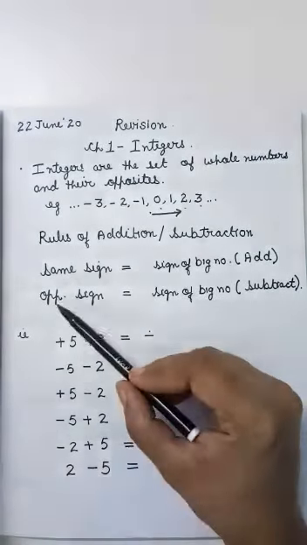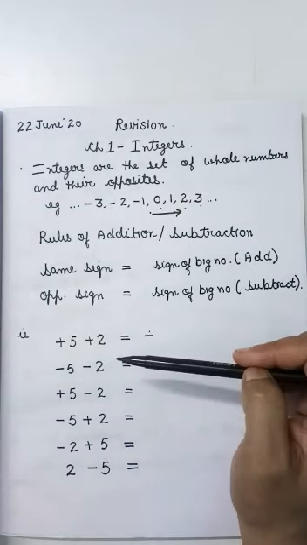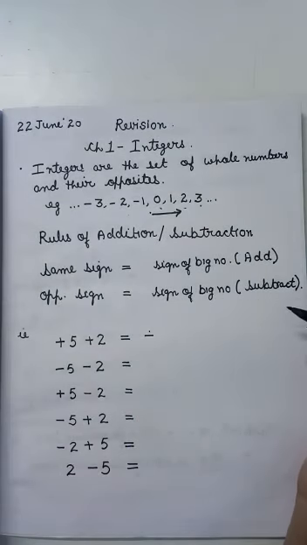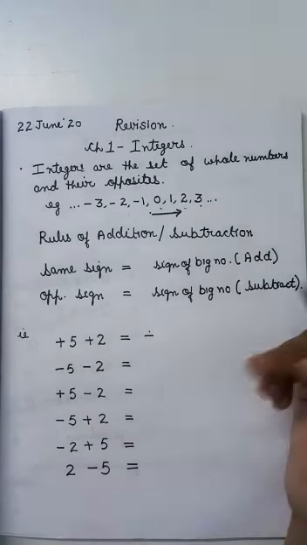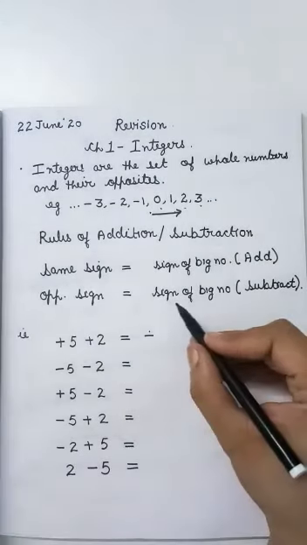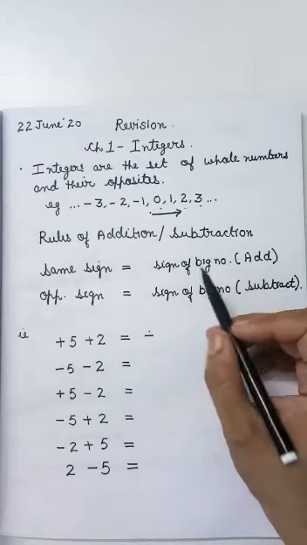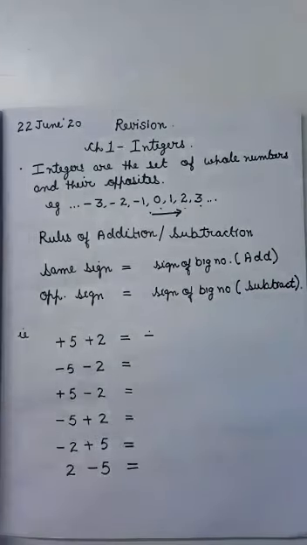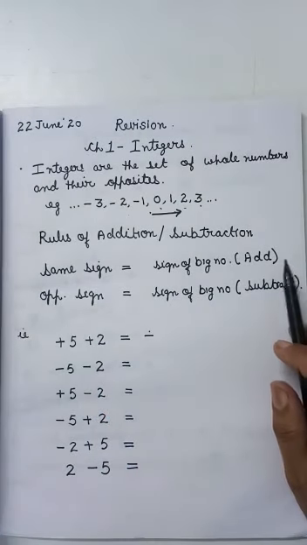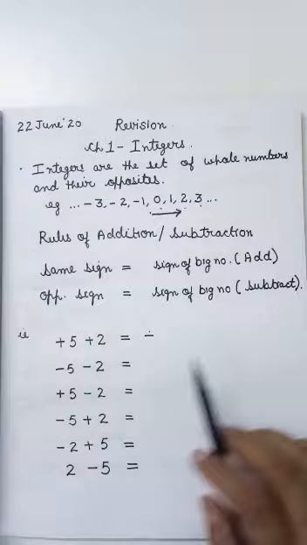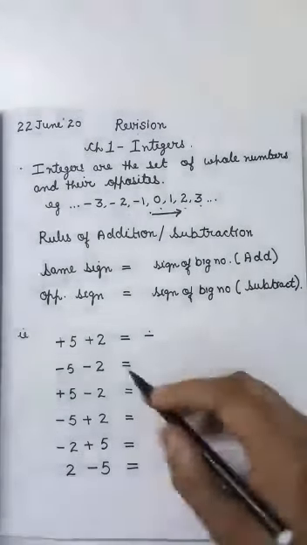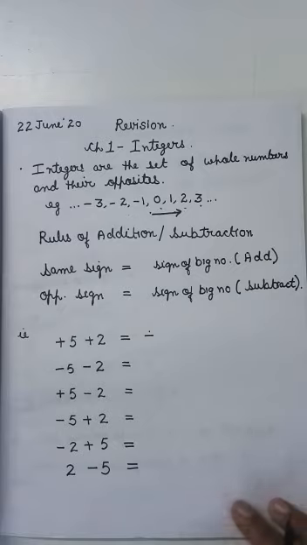राइट क्लास? And if the signs are opposite, means one is positive and one is negative, then there you have to always subtract. Without the sign you will look at the numbers, you will subtract the smaller number from the greater number, and then the sign of the big number. Always keep in mind, whenever you have to add or subtract, you have to put the sign of the big number always, and you have to see whether you have to add here or subtract. So if the signs are same, you will add, and if the signs are opposite, means one is positive and one is negative, you will subtract. Let us look at the few examples.